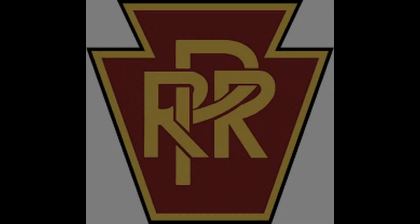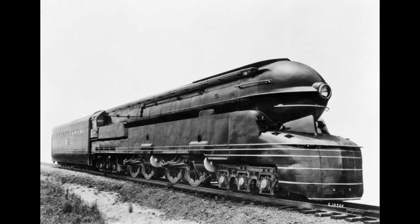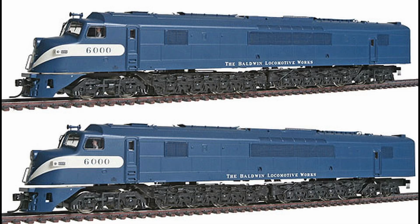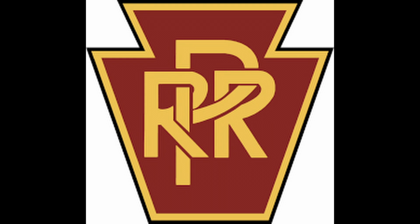The Pennsy would have many interesting locomotives on its roster, from the S1, the longest single unit engine in history, to the GG1s, but none are probably more unique than the Baldwin Centipedes. These locomotives would begin life in 1945 as two prototypes, numbered 6000A and 6000B, and were built as showcase engines to show off Baldwin's diesel designs to potential buyers, one of which would be the Pennsylvania Railroad, seemingly the home